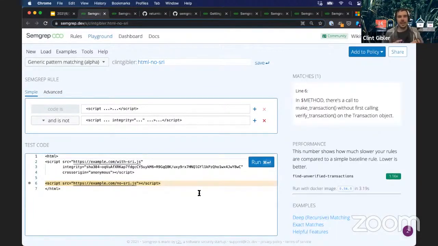Yeah, so here, again, we don't have an HTML parser, but using generic mode, we can reason about arbitrary file formats. So I've also written XML patterns and things like that, even though we do have first class support for JSON and YAML. So you can use fancier Semgrep features for those, but HTML and XML not yet. But using generic mode, you can sort of slice and dice. I've also used generic mode to write patterns for requirements.txt files, or that's what Docker files and Kubernetes